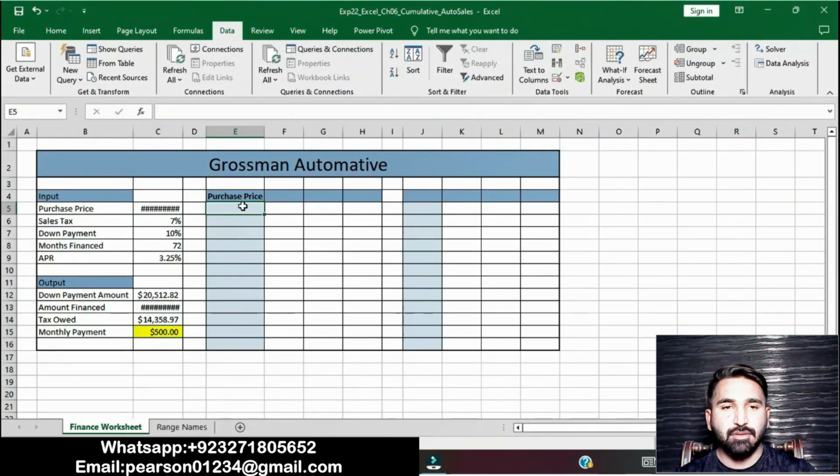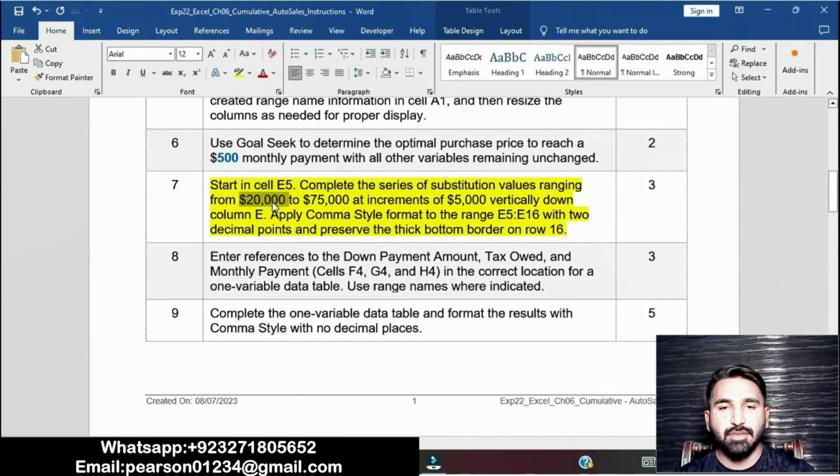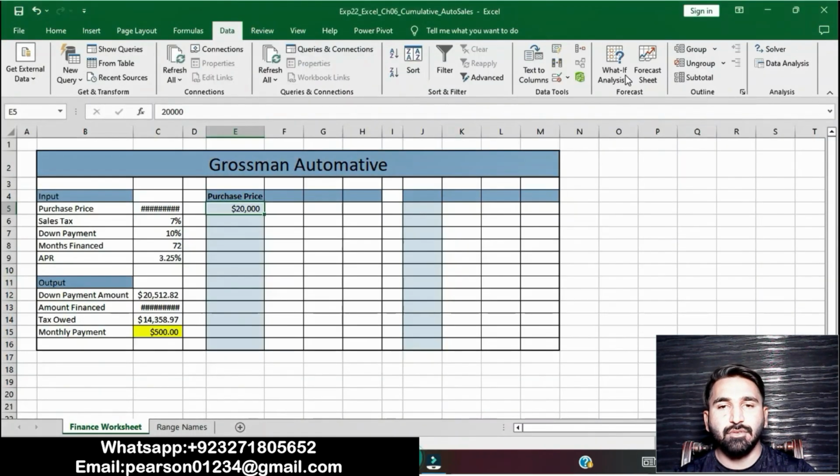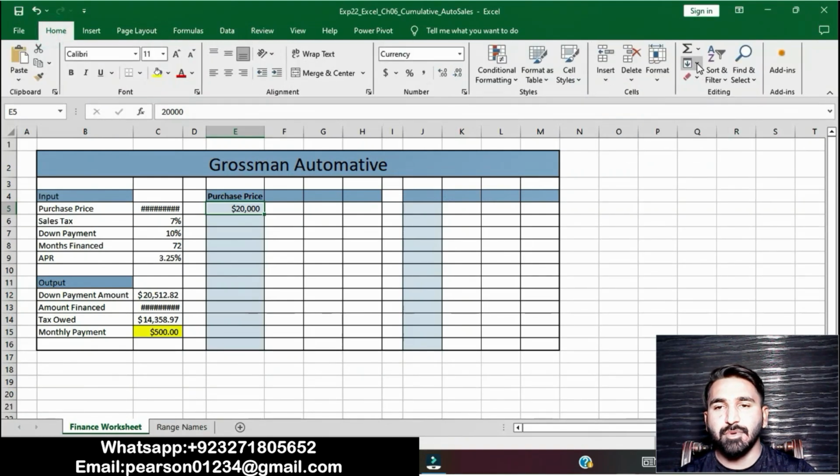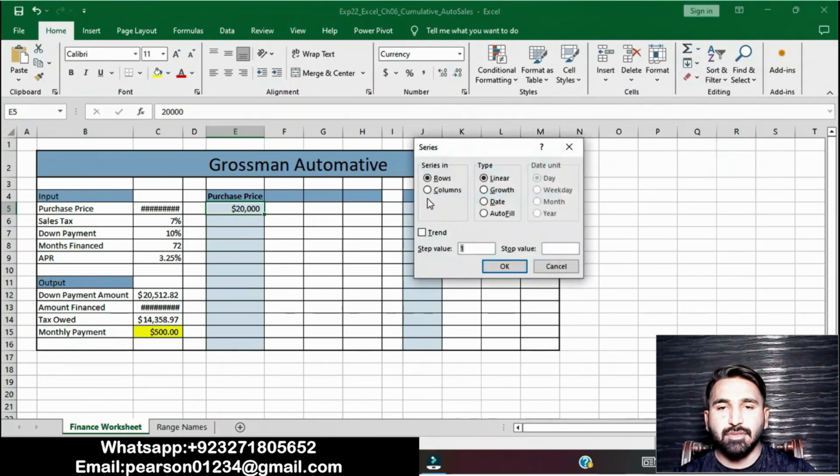Okay, click on E5, $20,000, then increment to the value 75,000 in increments of $500 vertically down column E. Go to the Home tab, go to Fill, Series, and select Columns, $500 to $75,000. Then press OK, click on OK.